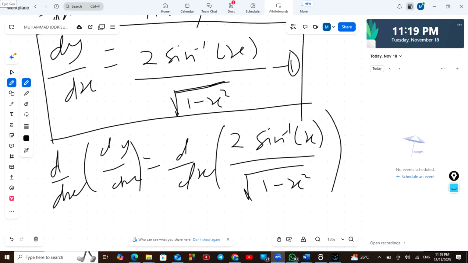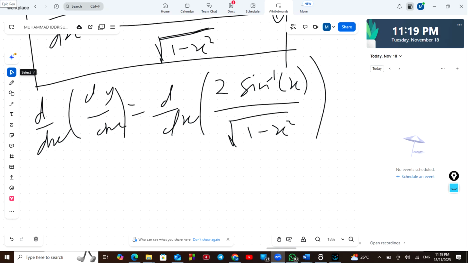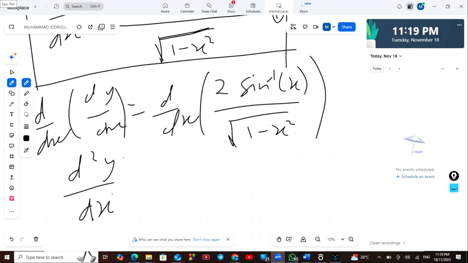And here we can apply the quotient rule, since it is dividing. So d/dx of dy/dx gives us d²y over dx²,